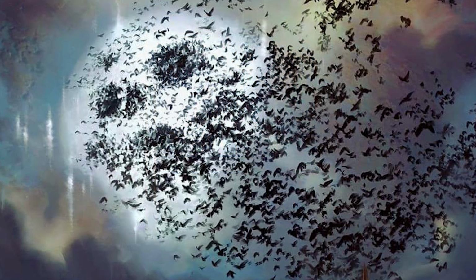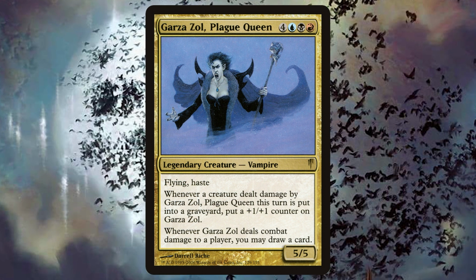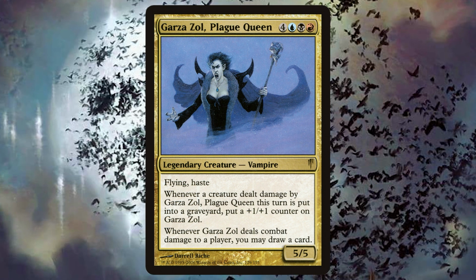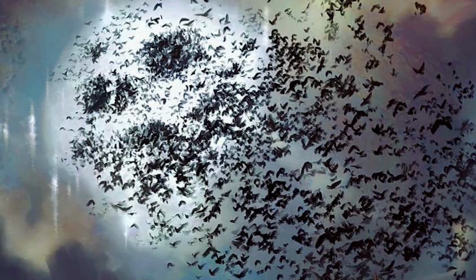The last vampire I wanted to mention here is Garazol, Plague Queen. Like many of the OG vampires, Garazol wanted to see creatures die by her hand in order to pump themselves up with counters. This legendary vampire was also the first to sport three colors, blue, black, and red. Up to this point, those three colors seemed to be the quintessential vampire colors, as we made our way to